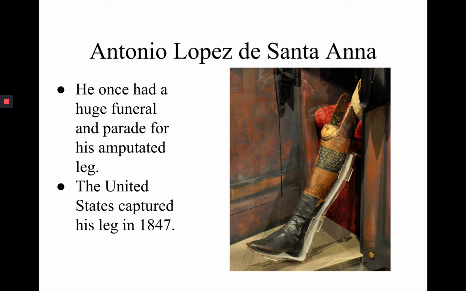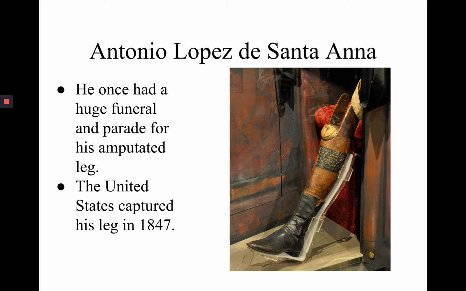Once he becomes president again, in 1842, as a show of pageantry, I'm not sure why, but 6 years later, he actually exhumes and digs up his shriveled leg and creates a whole parade for it and sends it on a parade through Mexico City to a very ornate church where he buries it beneath a cemetery monument in an elaborate state funeral that included cannons, poetry, lofty speeches all about his shriveled 6-year-old amputated leg.